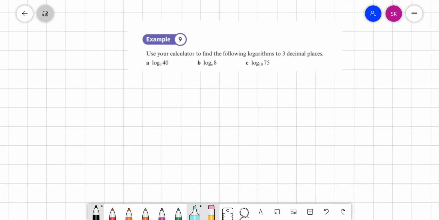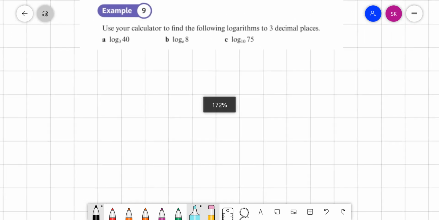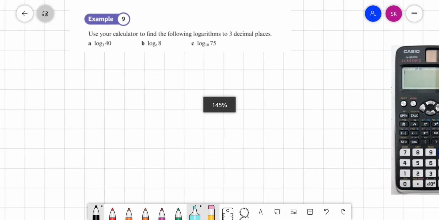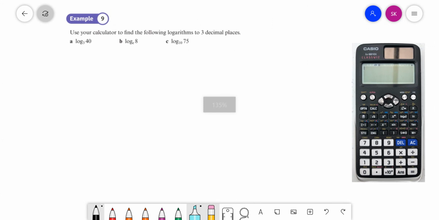So the final one of these examples from exercise 14D, which is what you're going to be doing today, is we're going to use the calculator to find the following logarithms to 3 decimal places. So unfortunately my calculator emulator isn't working, but I'm just going to explain how to do this using pictures. So if this is your calculator over here, and you've got it just turned on with nothing else going on yet, to find log of 40 with base 3,